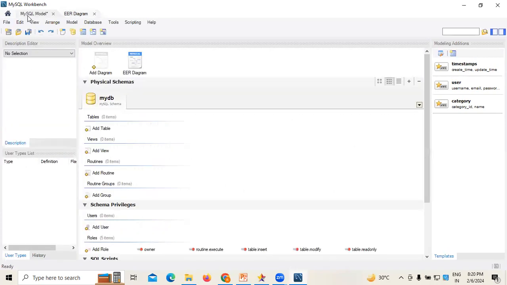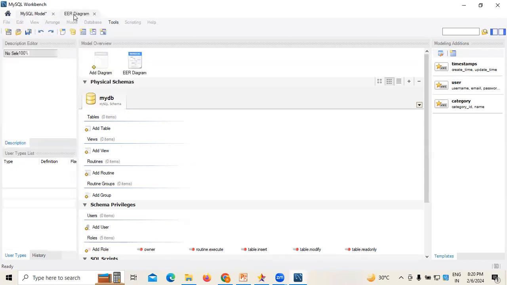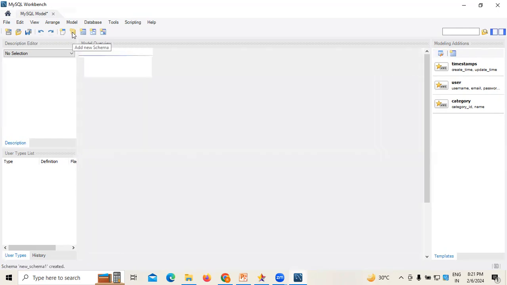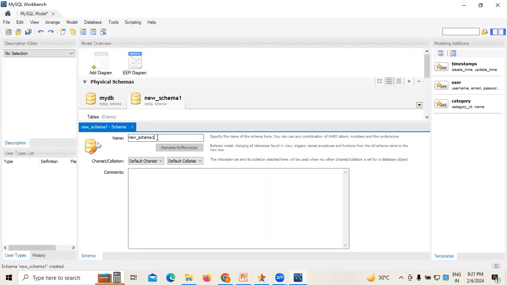Now coming back to the point, the model we have discussed, add diagram. This is where add diagrams come into the picture. Apart from that, you always have one more option here. You can see there is an object called schema. Here you can see there is an option called schema, because if you want to create any kind of schemas, for example, MyDB is the schema we have created. If you want to create a schema, or any kind of table, for example,